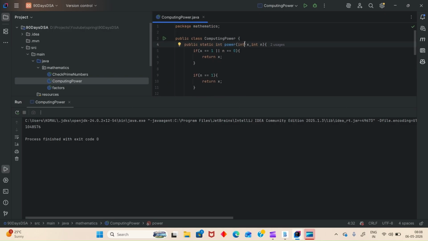Whenever you are solving a question and you get this kind of thing like 0, that means your integer is overflowing and not sitting in that range. So you have to change that into long, or check if the question asks you to use a modulo operator, like modulo 10 raised to 9 plus 7 or something. That's it. So in this way we can solve computing power. Keep in mind you'll not get questions exactly like this, but you'll get sub-questions and questions involving power, prime numbers and factors.